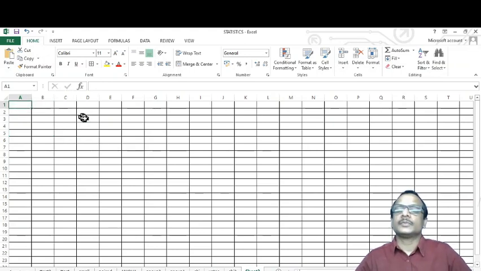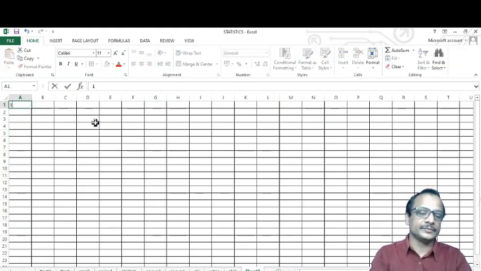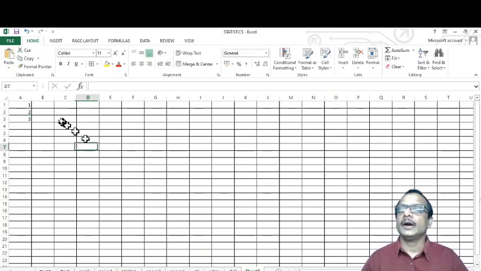I want to type some numbers here. 1, 2, 3, and want to fill all these details up to 20. In order to do that, I can do one thing. There are different shapes for this mouse cursor. Here this is the typing cursor, and here is the normal mouse cursor in the shape of a yellow arrow mark, and here it appeared as a white plus mark.